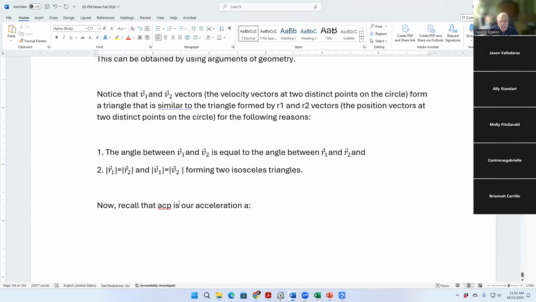Consequently, the acceleration vector can be written as, also recall, that the acceleration vector is given by,